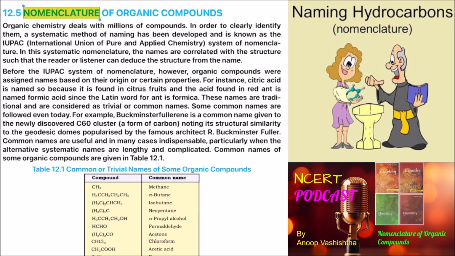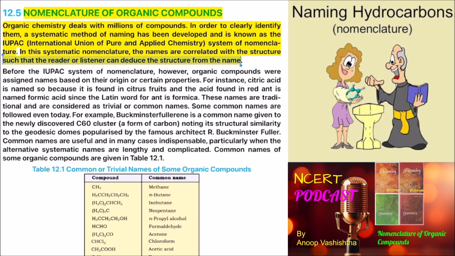Nomenclature of organic compounds. Organic chemistry deals with millions of compounds. In order to clearly identify them, a systematic method of naming has been developed and is known as the IUPAC, International Union of Pure and Applied Chemistry, system of nomenclature. In this systematic nomenclature, the names are correlated with the structure such that the reader or listener can deduce the